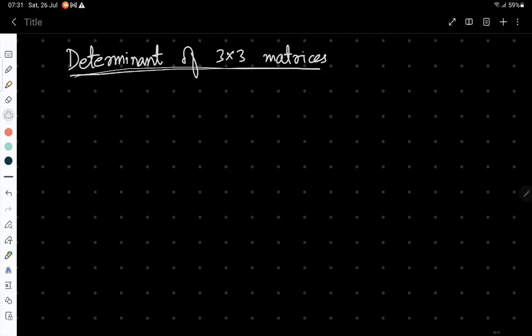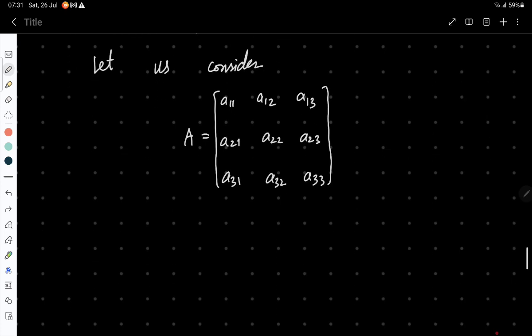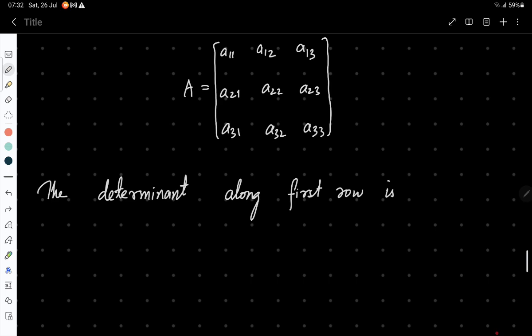Okay, in this video we will talk about the determinant of 3 by 3 matrices. So first of all we will consider a 3 by 3 matrix with the general entries A11, A12, A13 and so on. And then the determinant of this matrix can be written as